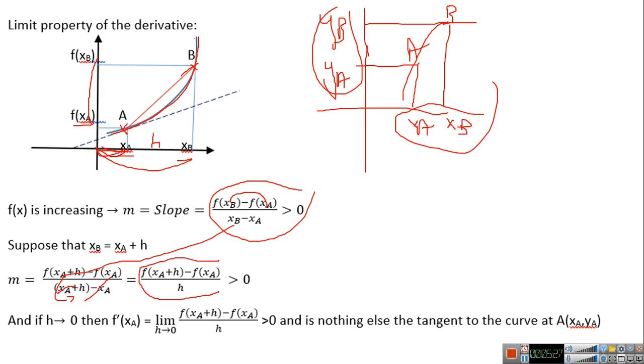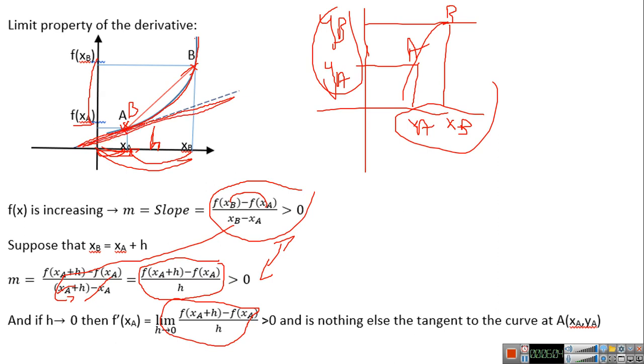So this is the same thing as we wrote here, but instead of having xa and xb, I took only x of a, and the difference between the point a and b is h. If you do the limit as h tends to 0 of f of xa plus h minus f of xa over h, what will happen? As this distance becomes near 0, the point xb will become near point a, so point b will be near point a, so a and b will be on the same point. So this slope is nothing else than